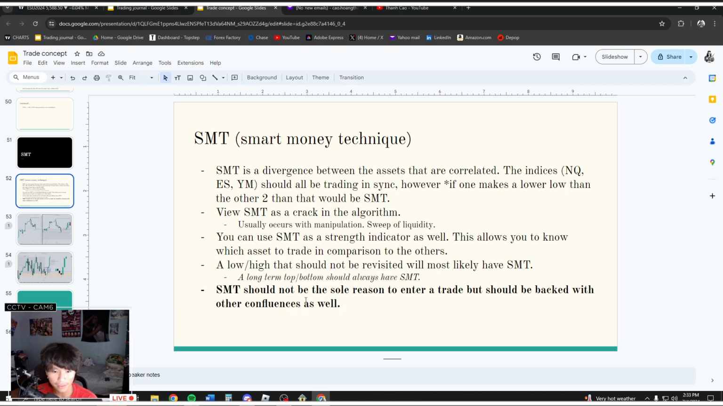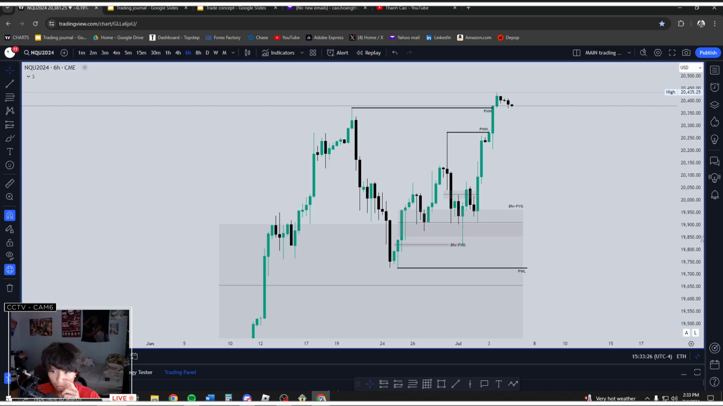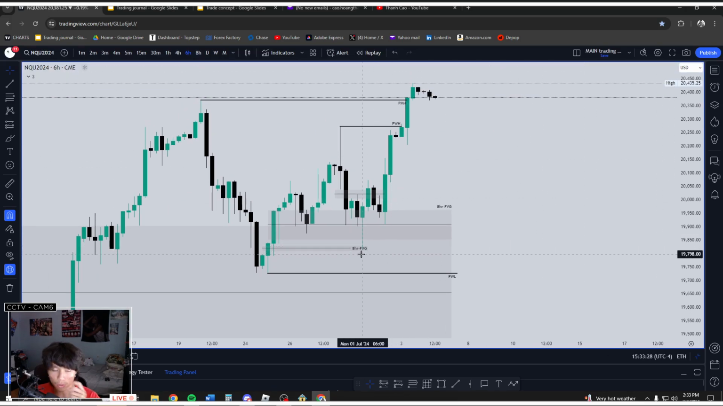And again, one of the things you should take away here is that SMT should not be the sole reason to enter a trade, but it should be backed with other confluence as well. So like I said, based on this NQ trade, if you were to take this trade, you don't want to base this trade just because of SMT. You want to have an understanding of why we had SMT there, and SMT usually occurs at